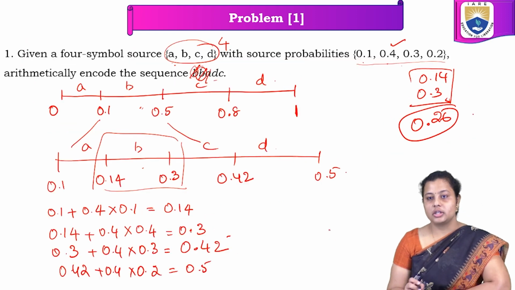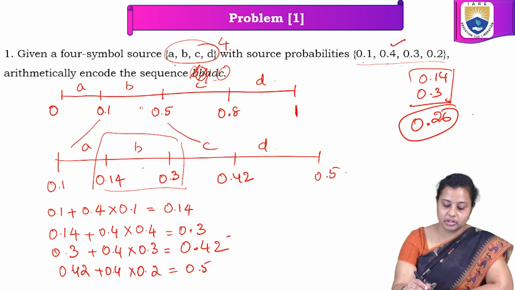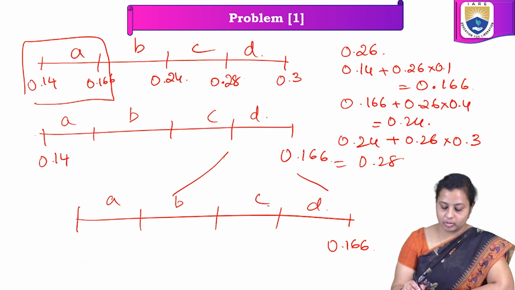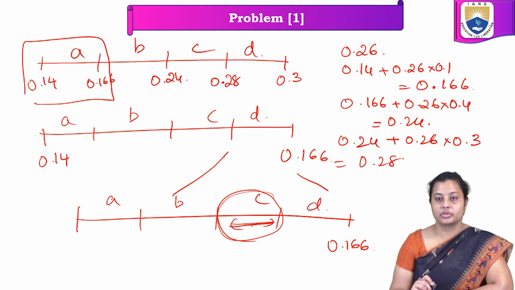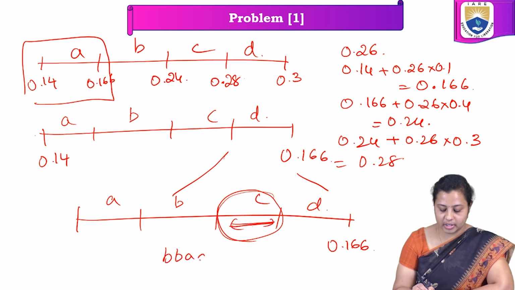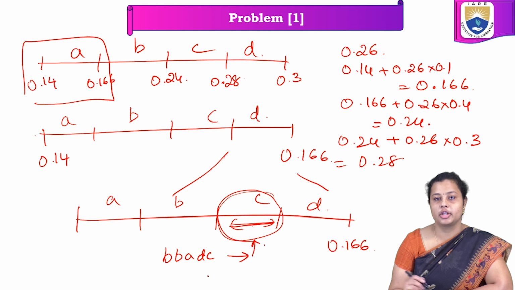So using this, now my last symbol which I have to code is C. So this range of values which I am having, I am going to say that BBADC is coded using this range of values using my arithmetic coding,